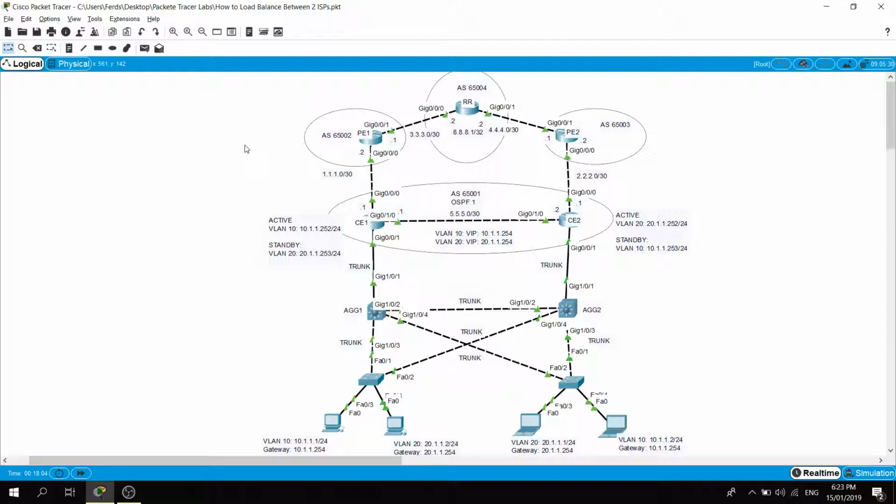we want to configure our C routers to load balance the traffic between the ISPs. So in our scenario, we want to use this link here for our VLAN 10 and this link here for our VLAN 20. So basically